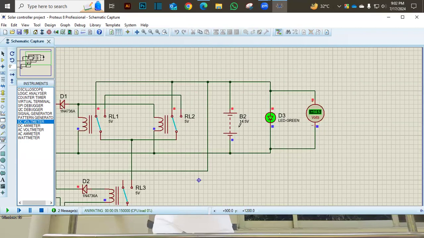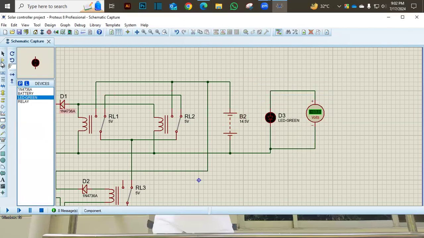What happens if our second battery is under low voltage, which is approximately 9 volts or 10 volts? Then we have to check it. So we use another relay here. Okay, this is another relay